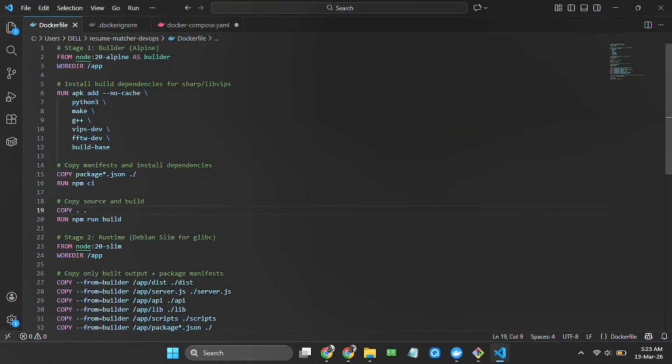COPY . . followed by RUN npm run build copies the entire project into the current folder, and the run command builds the project.